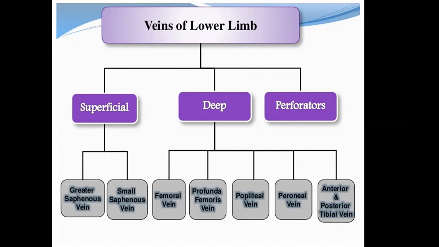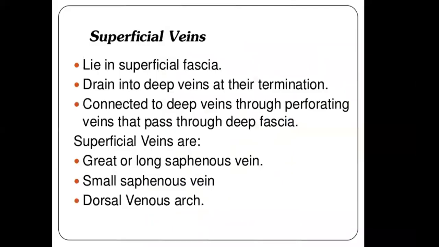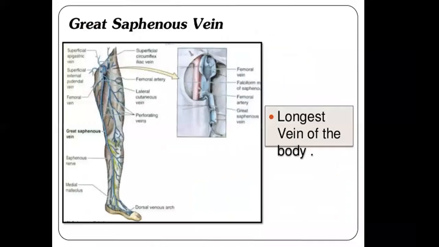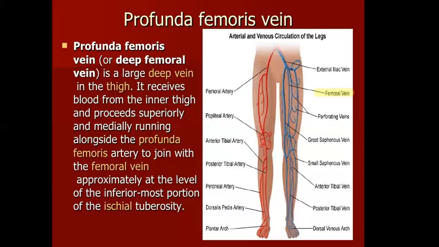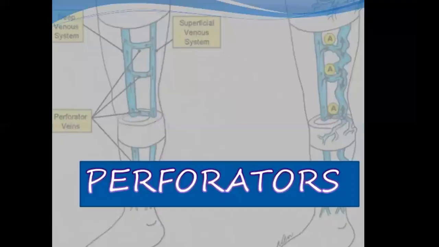are named after those arteries. If you can see here, there is a heading with perforators. These perforators, as the name indicates, are interconnected veins connecting the superficial to the deep venous system. I'll show you a picture of the perforating veins. This is very important. The shunting of the blood from the superficial to the deep venous system is brought about through the perforating veins. These are the perforators.